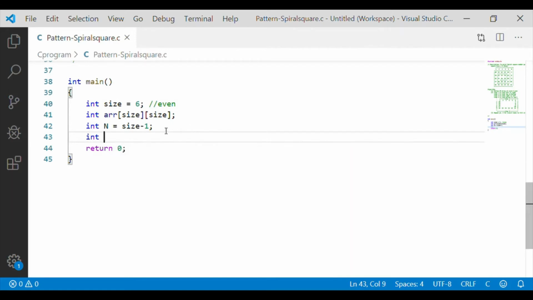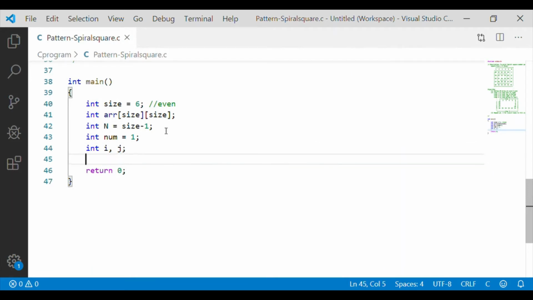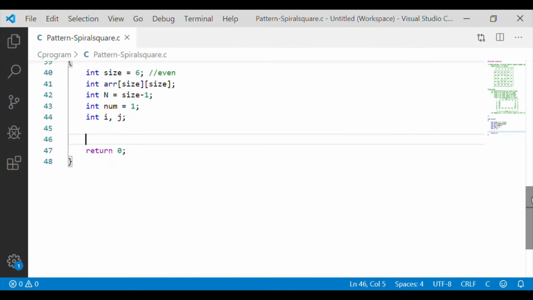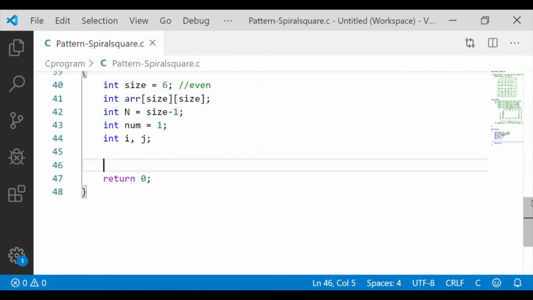The spiral square is actually represented by the 2D array. Let us also have a variable num initialized to 1. This num will be incremented for each position when we start storing in the array. Also, let us introduce variables i and j to loop through these array values.